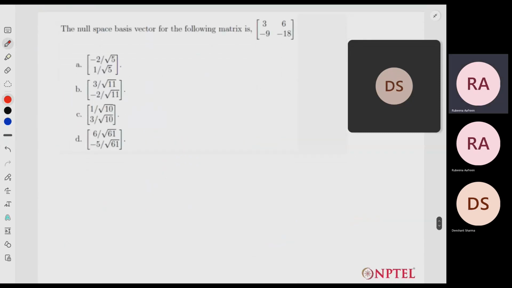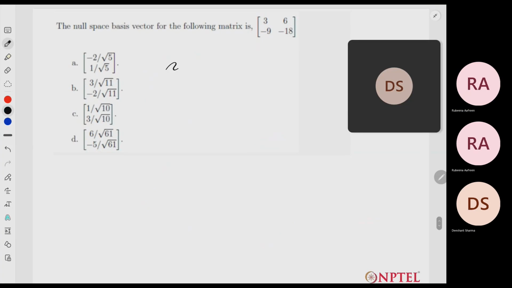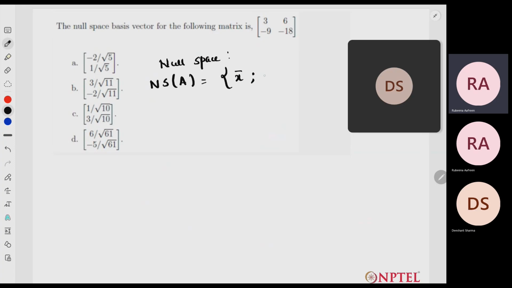Now this is another question from linear algebra, which is a very interesting question. Null space basis vector is asked. So first we will define null space. For any matrix A, null space of A is defined as the set of all vectors x such that A into x is equal to 0. That is,